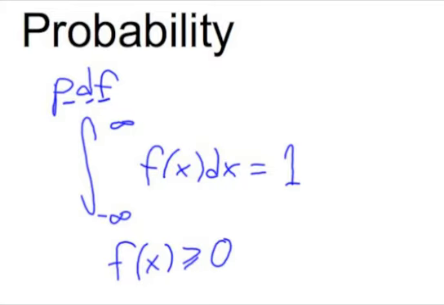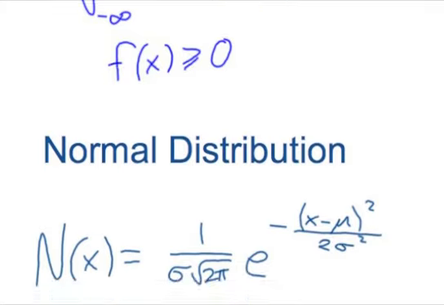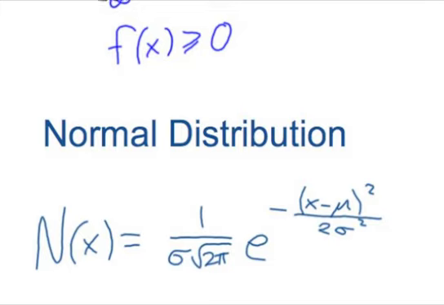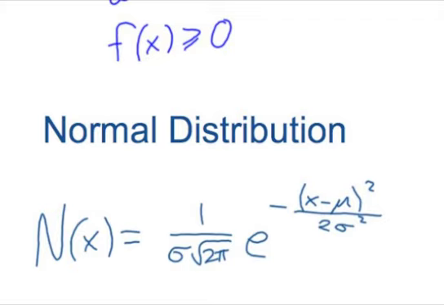Okay. And based on those, we have a very special distribution, the normal distribution. And here's how it's defined. In this particular case, it's an exponential function, where the sigma represents the standard deviation, and the mu symbol here is the mean. So the mean and standard deviation you'd be familiar with from statistics. The most common form of this is our standard normal curve, where the mean is 0 and the standard deviation is 1. So if we plug 0 in for the mean and 1 for the standard deviation,